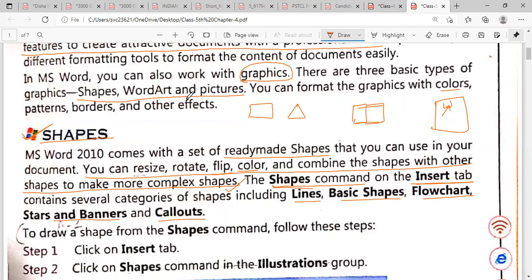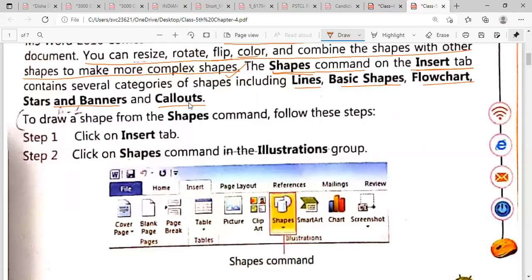Next, to draw a shape from the shapes command, follow these steps. If you want to draw a shape, what steps do we need to follow? First, click on the Insert tab. Here is your Insert tab, and click on the shapes command in the Illustrations group.